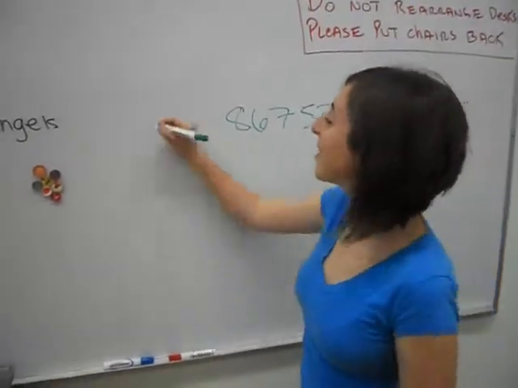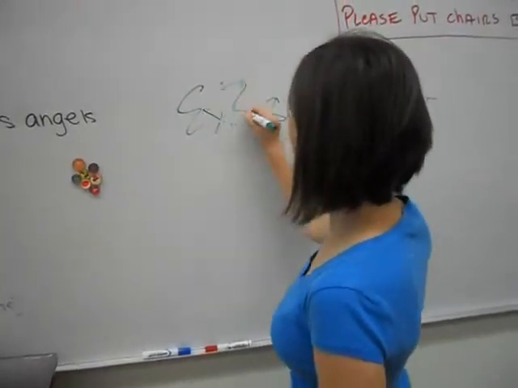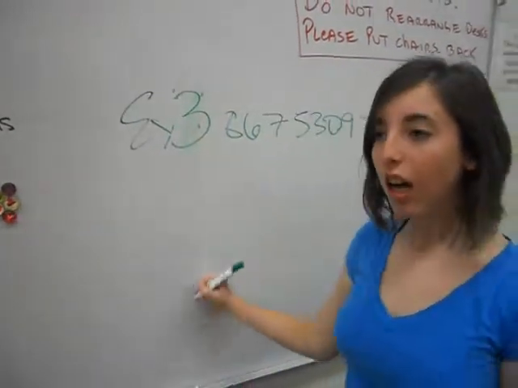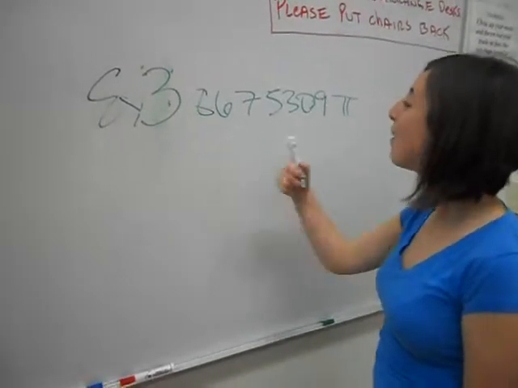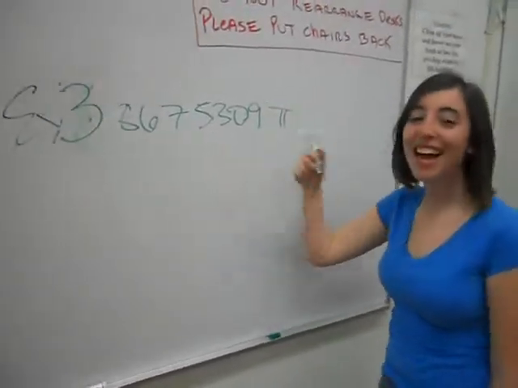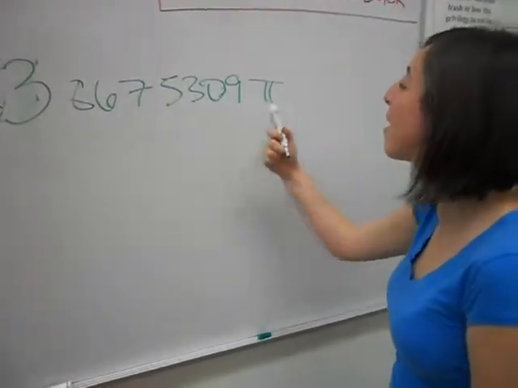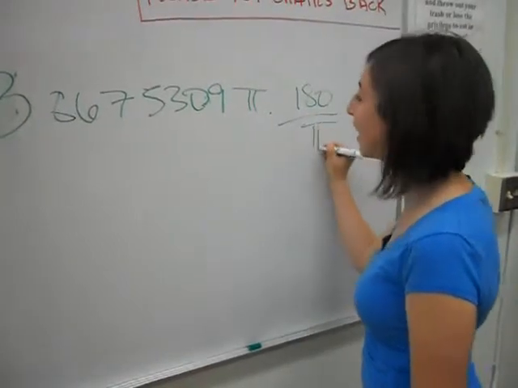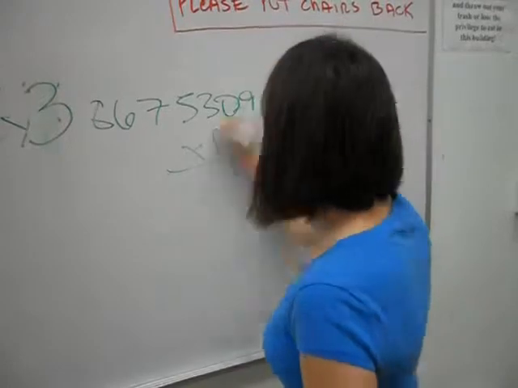Okay, so our last example, example 3. So we take the 180 over pi, multiply it, and